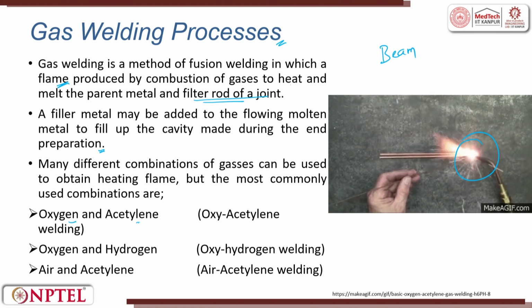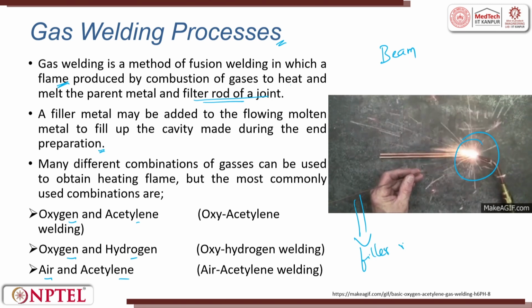It can be oxygen and acetylene, oxygen and hydrogen, or air and acetylene. So, it is called an oxyacetylene flame, oxyhydrogen flame, or air acetylene flame. So, you will have two cylinders, and both the cylinders will be gushing the gas. It comes through a nozzle. At the nozzle, we initiate a spark, and then the flame starts. The moment the flame starts, you heat the parent material and start filling with the filler. You can see in his hand he has a filler rod. Brazing is done by this; gas welding, brazing and many other processes we do.